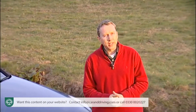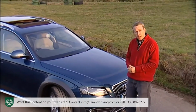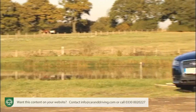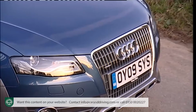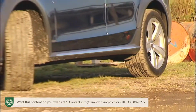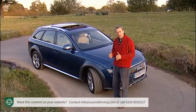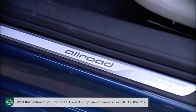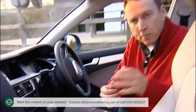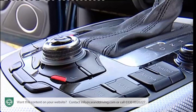So if Audi's right and A4 Allroad customers aren't buying this car to go off-road, just why are they buying it? Image perhaps? The redesigned grille and under bumper section, the plastic cladding, the side sills, the tough looking wheel arch extensions, they all give this car a purposeful air. Now that's continued inside, where the shiny sill plates, special upholstery and various unique dashboard applications give the interior a